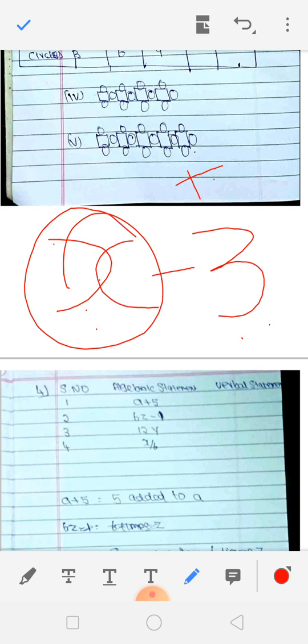Subtract from, we can take from those who have it, correct? So x we don't know, so whatever the x value, we want to subtract that 3 from that x,